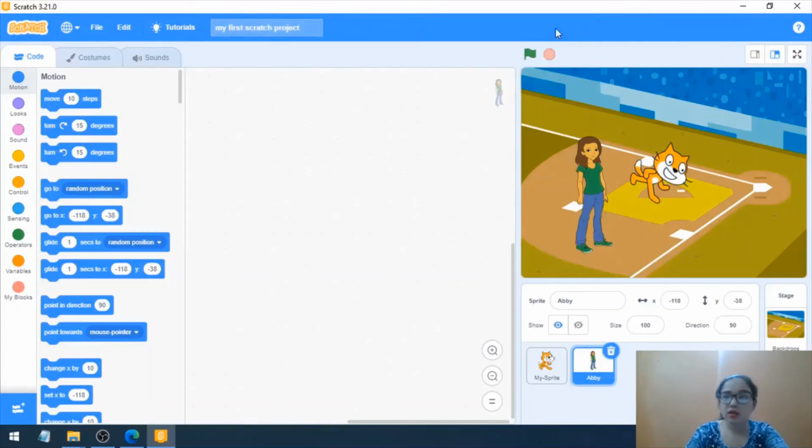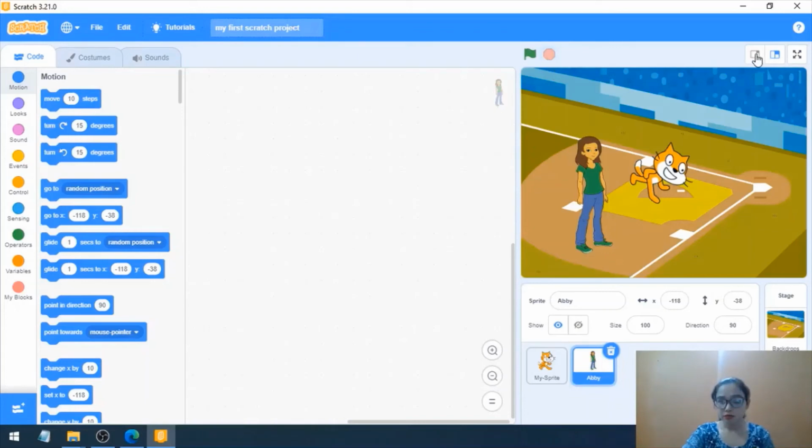And then a very important thing which I forgot, I'm so sorry. This is go and stop. When we are going to make stories or animations, or work over the Scratch, we are going to click on go to start the animation, and we are going to click on this red button to stop the animation. So this is go for start and this red button for stop.